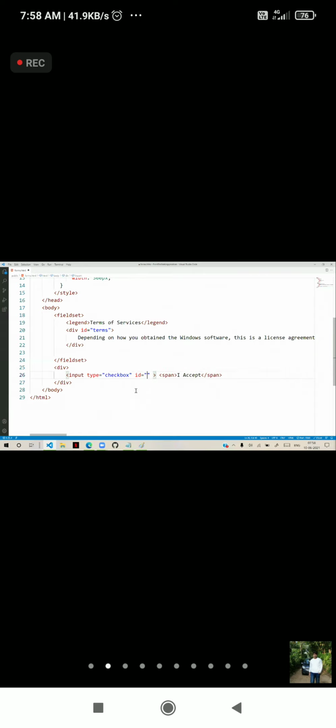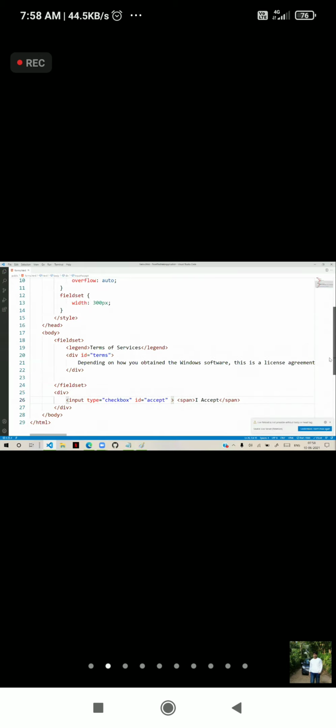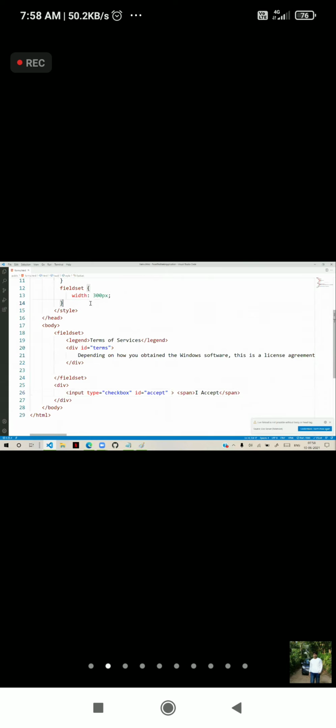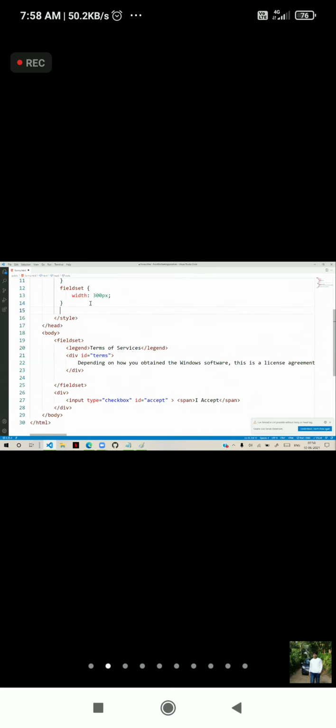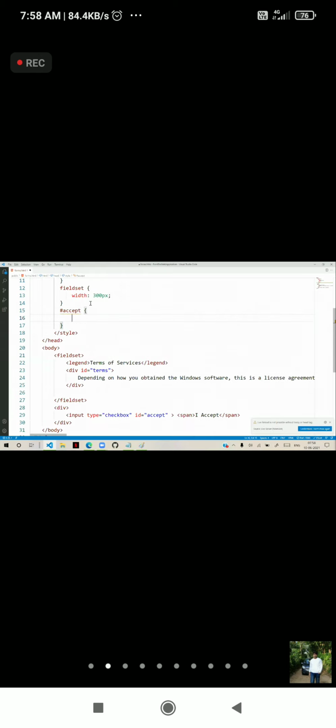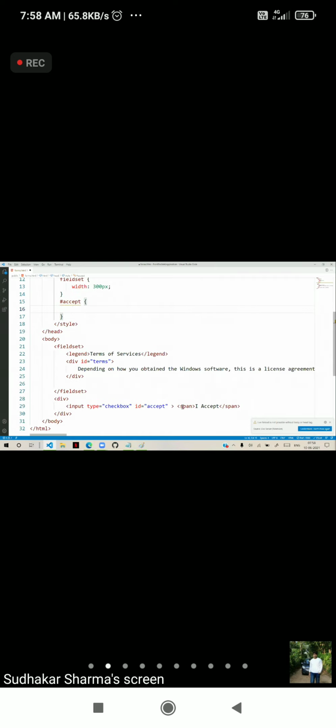The ID is accept. Now here I am writing the style. So hash accept, that is the checkbox. And for that checkbox, beside the checkbox, there is a span.